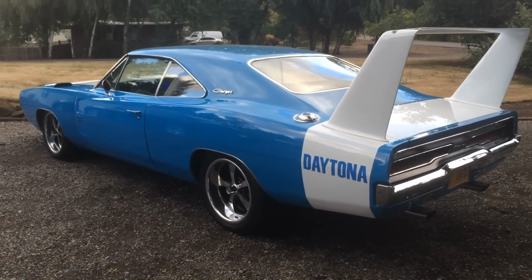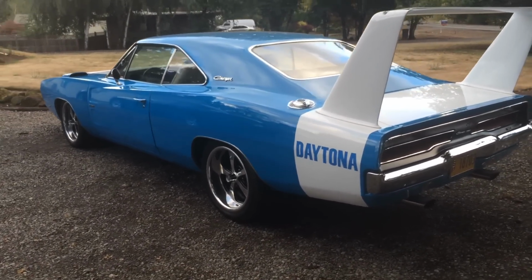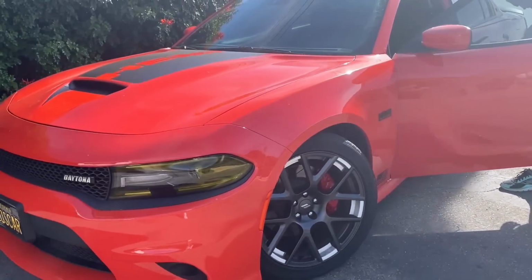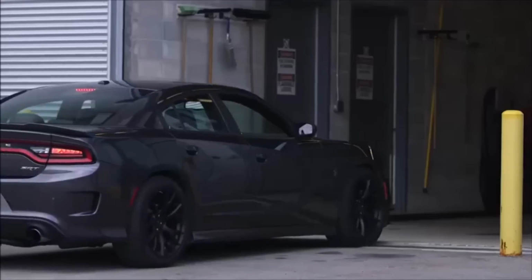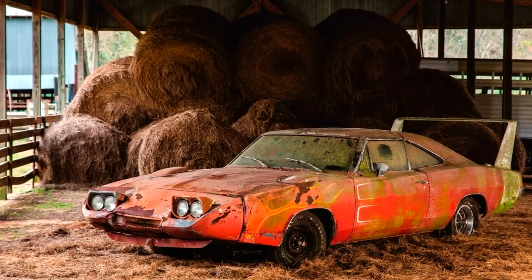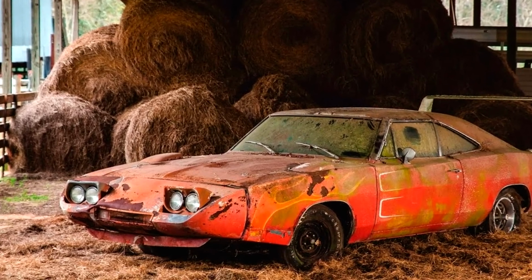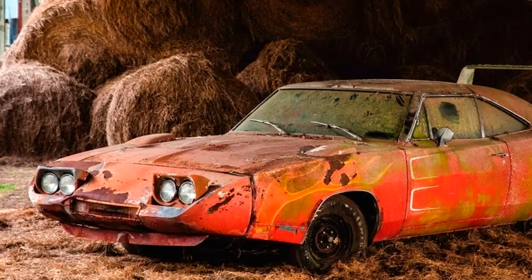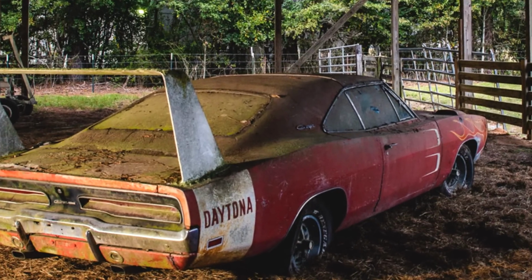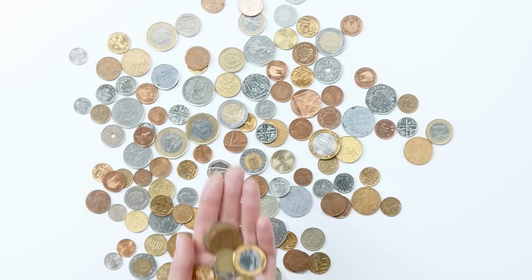Cars that have the word Daytona in their name tend to be worth holding on to as investments. That won't be true of every single vehicle bearing the name, but it's likely to be accurate more often than it isn't. Take a look at this rusty, dusty 1969 Dodge Daytona. It's taken a battering over the years. It's misshapen, and it's starting to fall to pieces. Even with all of those facts taken into account, it's still worth